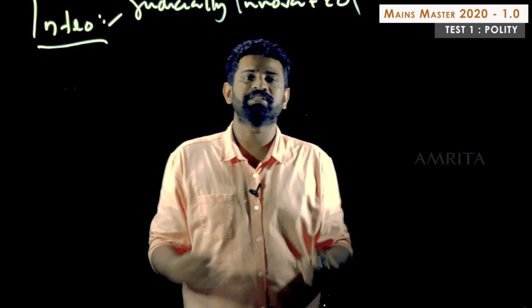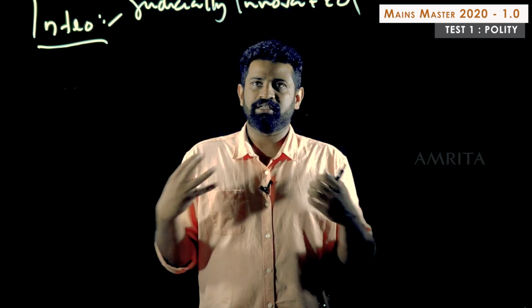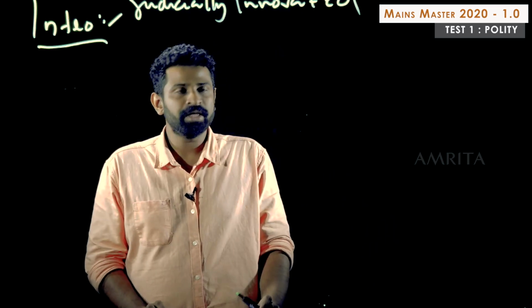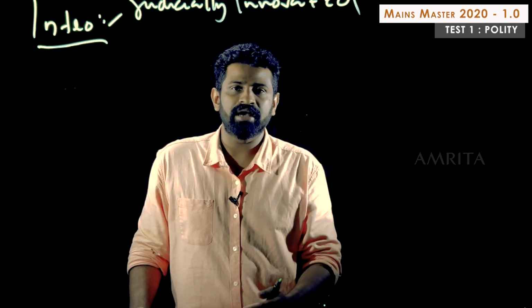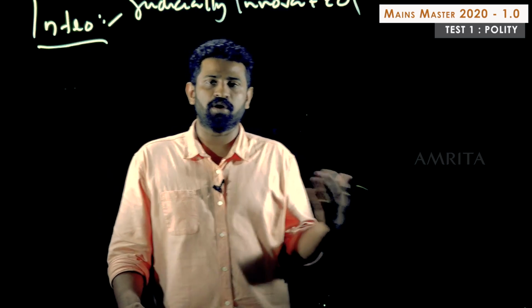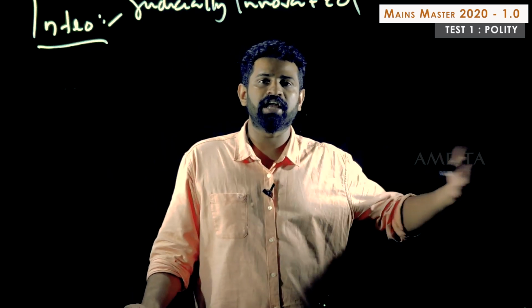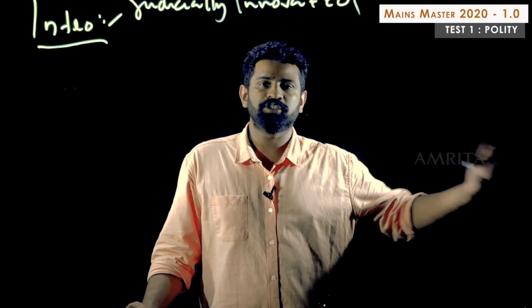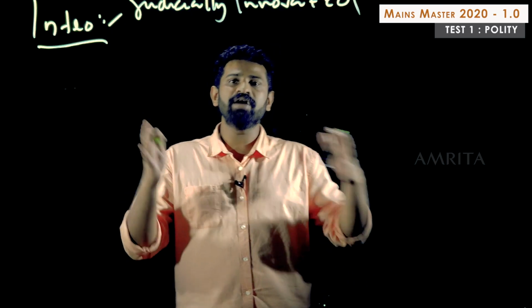So these are all factual things which should fetch you some marks, or it should impress the examiner that you know stuff properly. Okay. So a judicially innovated doctrine, which states that certain elements of the constitution cannot be amended by Parliament even under its constitutional power under Article 368. Okay, so that is the first sentence you can write.